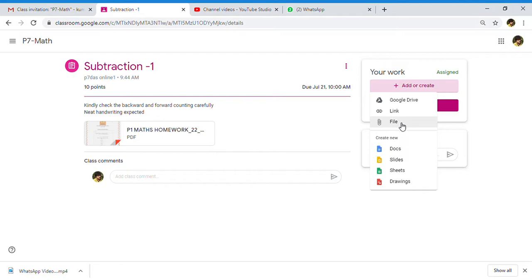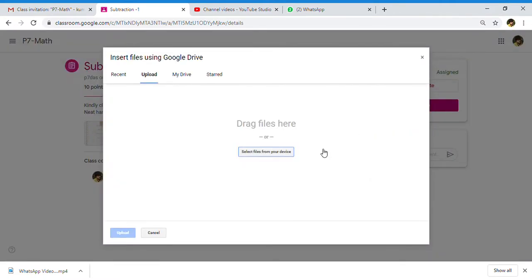So you will attach the file by looking in the gallery, where the pictures are. You know how to do that in WhatsApp. So similarly here, I'm using a laptop, so I can show you files here. Now select files from your device. This device, as I said, can be a laptop, can be a desktop, or can be the mobile gallery of your mobile where the pictures are generally stored.